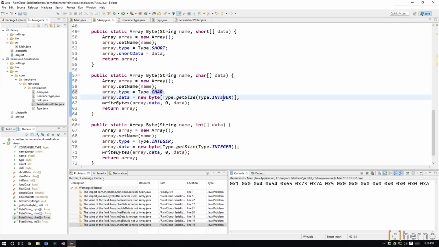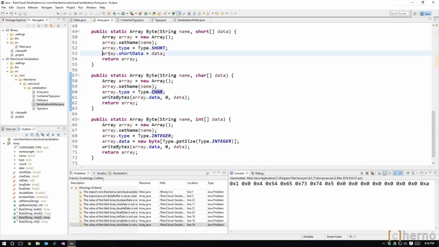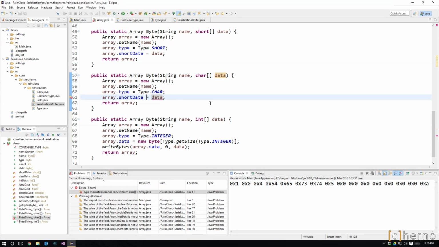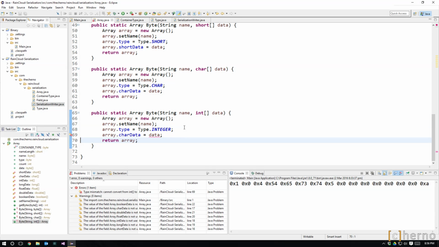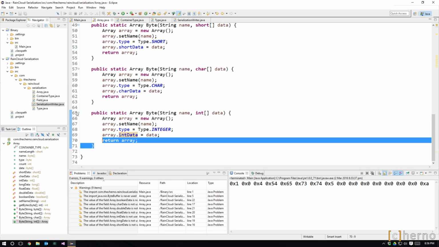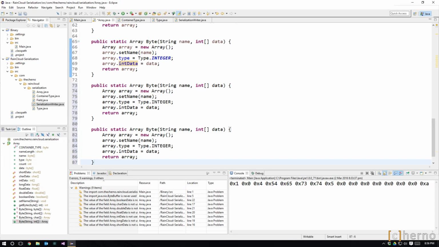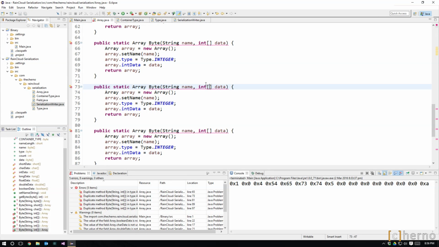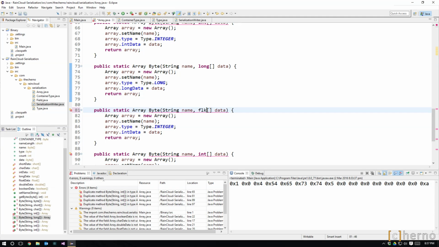Char, we'll do char. So this will be char data. Let's just copy this because I don't really want to. I guess all we really need to copy is that. Oh, that's it. I didn't make more. All right, sure. Int data. So we still need long, float, double, and boolean. So long, float,